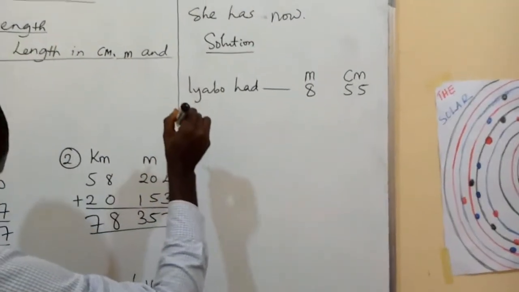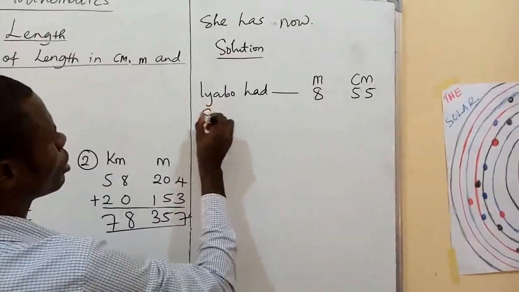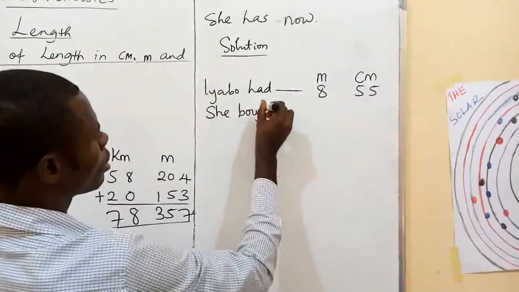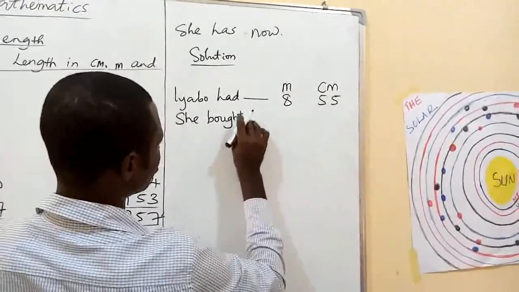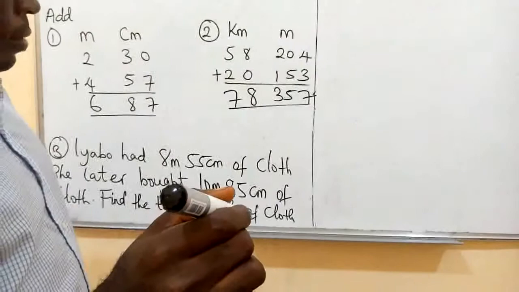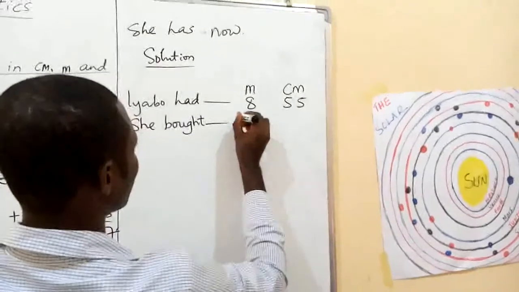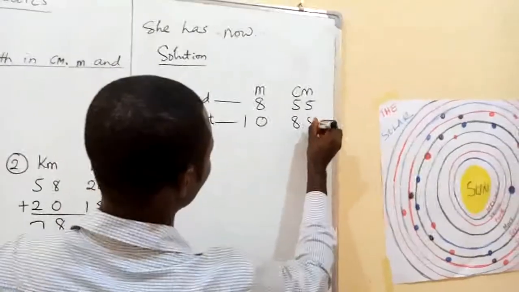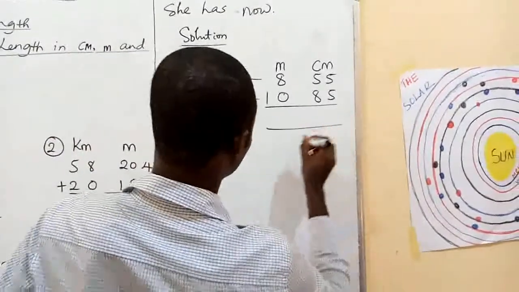And then she later bought, what was the length of cloth she bought? 10 meters, 85 centimeters of cloth. So all together,